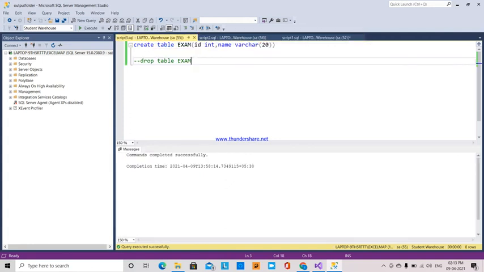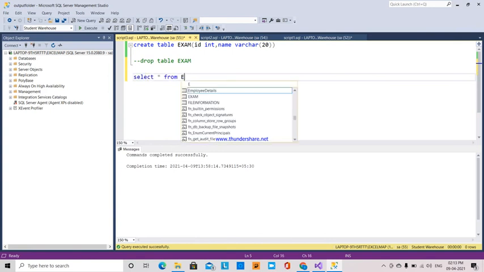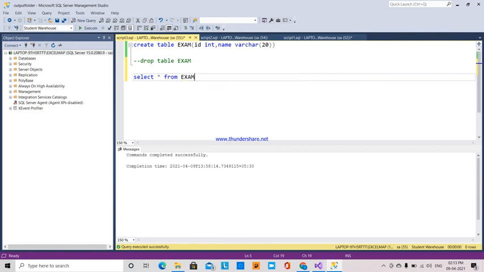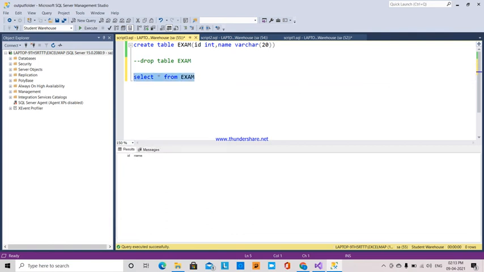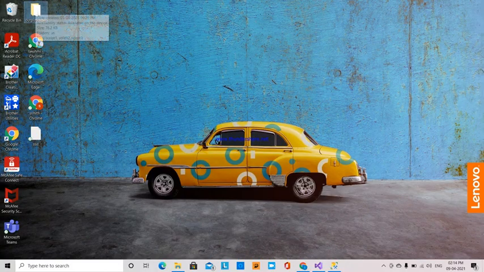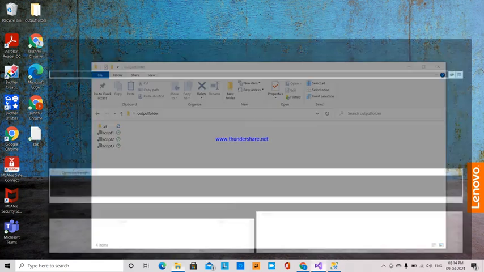In the third script I have created a table, the exam table. Now if you see select star from exam, the table is created, and there is no data because we did not insert anything. This is how we can create tables, delete, or whatever, using scripts stored in any folder, and they are executed in an SSIS package.